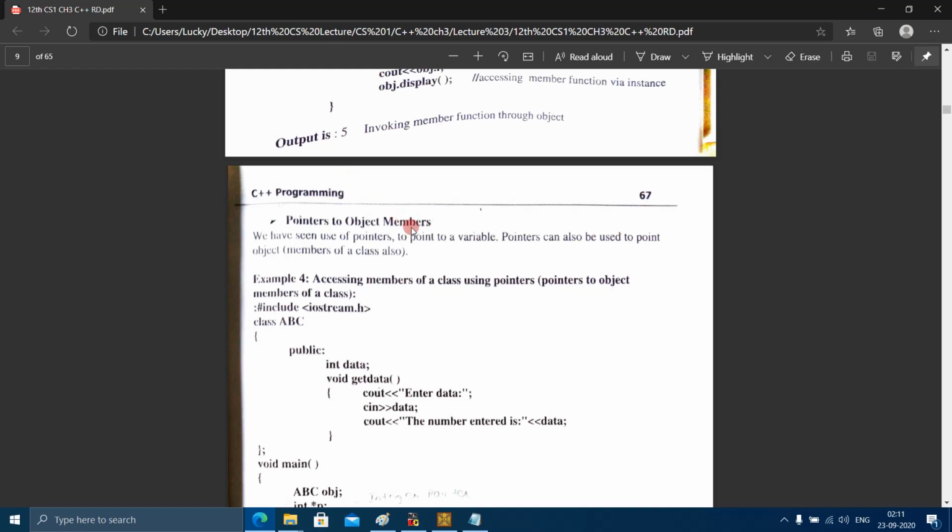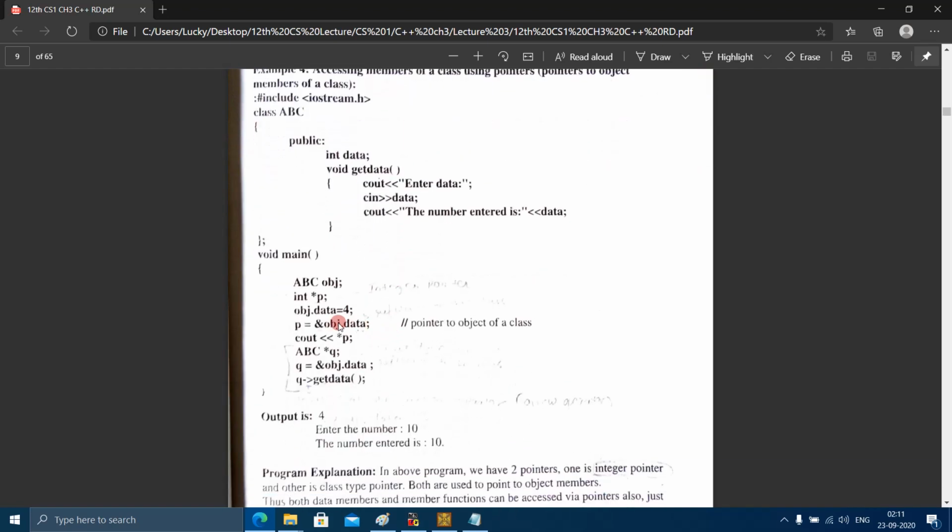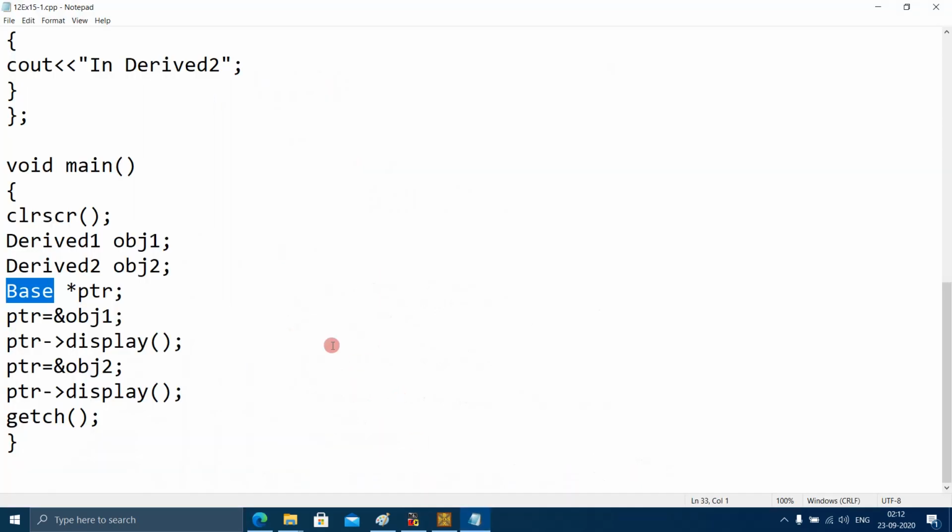Pointers to object members we had learned. So here the same concept is here also. We are creating the pointer of a base class. Here we are creating a pointer of a base class.